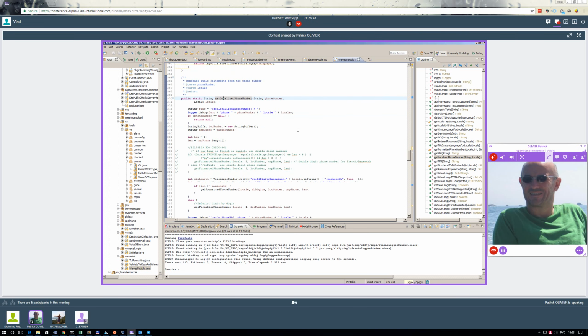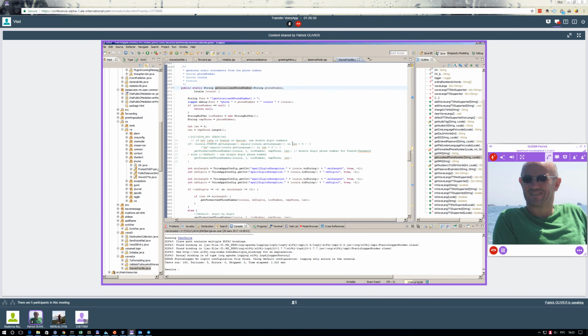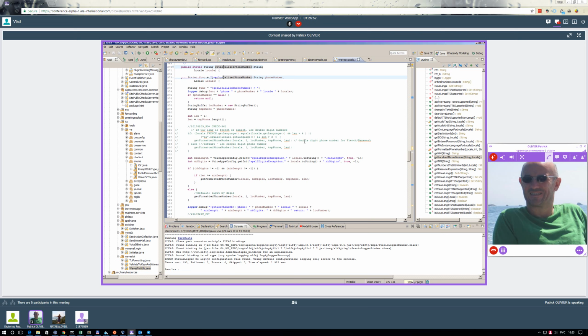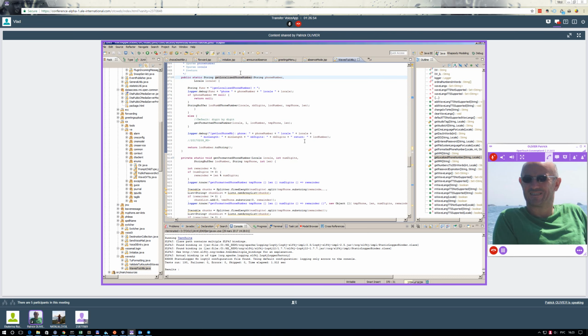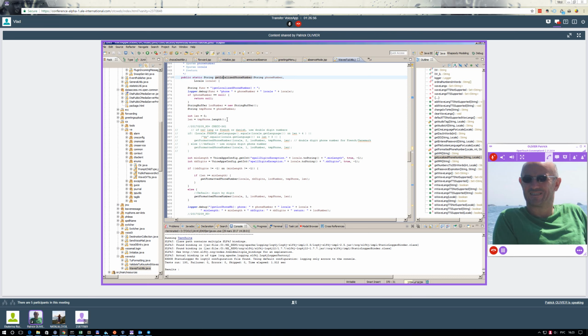So I just made the modification to get the configuration data from a file. And if I found an entry, I can find the minimum length and the number of digits, the minimum length starting from which we play digit by digit, or where there's an exception rule. So the number of digits is loaded and the minimum length is loaded for the given locale. And the given locale is loaded from